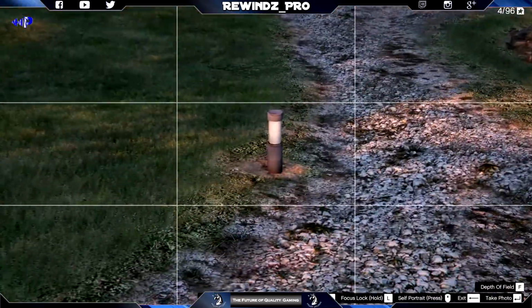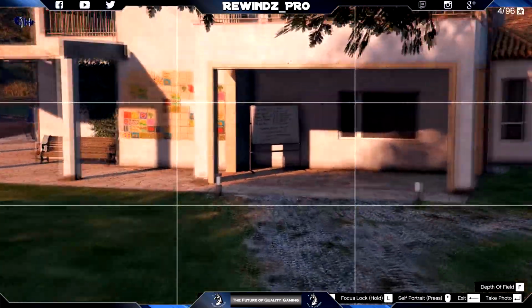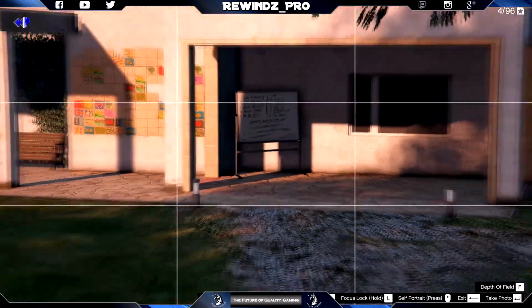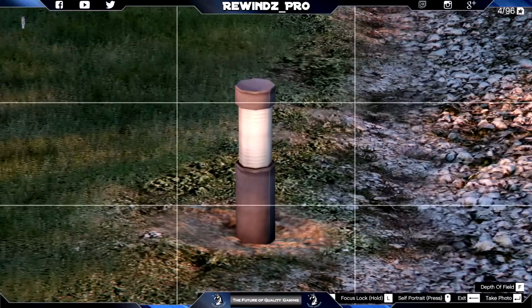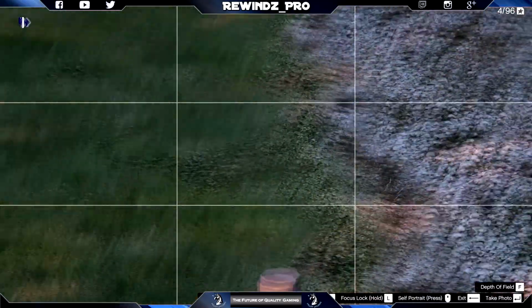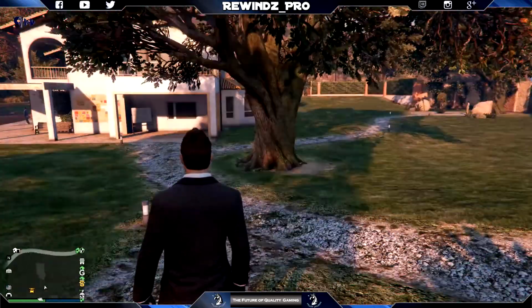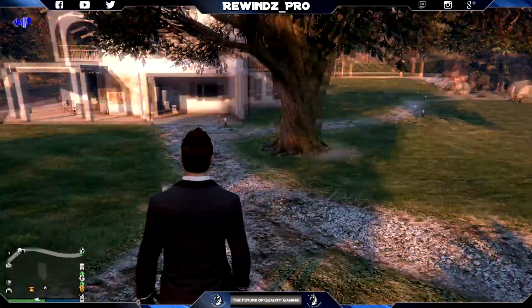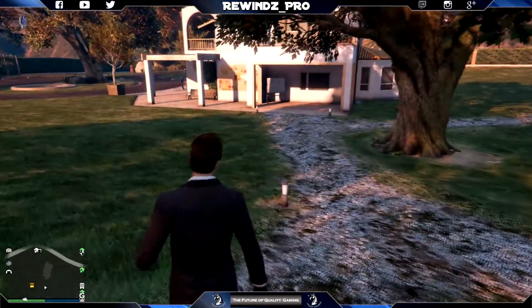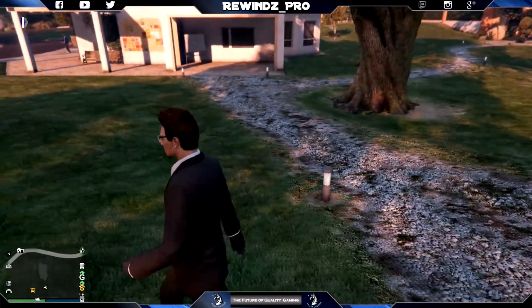Or you can just simply pan out, zoom in, or you can also move to the left and then look at the character. So there are a couple of moves that you can do. I'll be showing you how to move with the camera in the next video, but I'm just giving ideas of what you can do with the